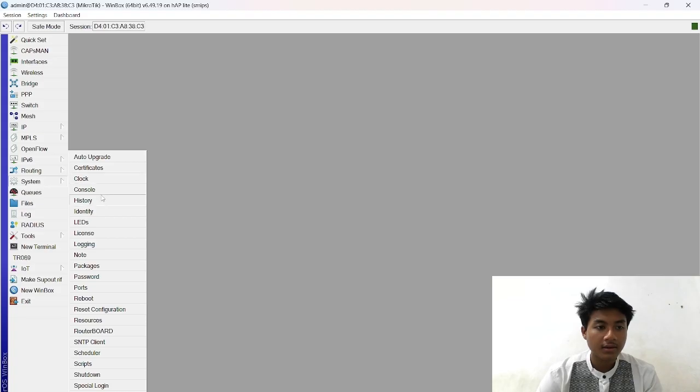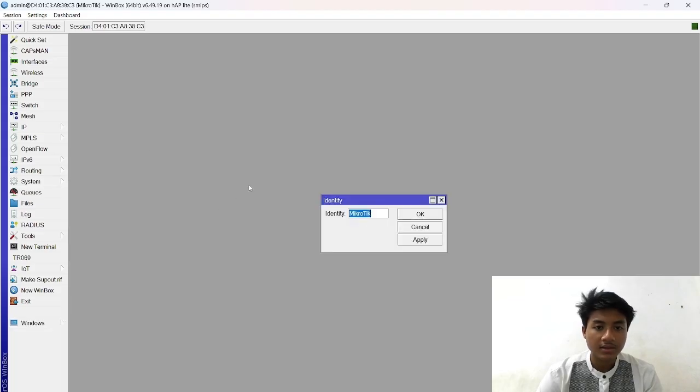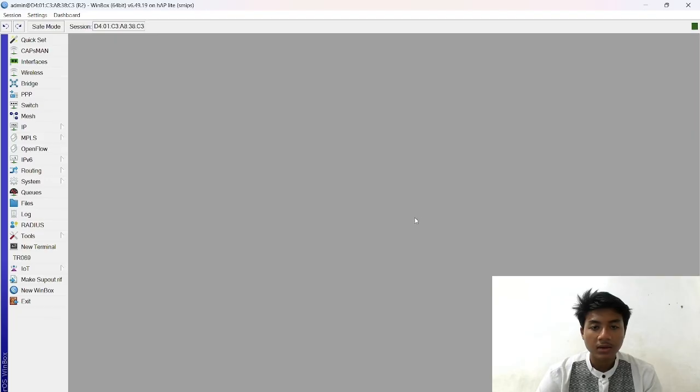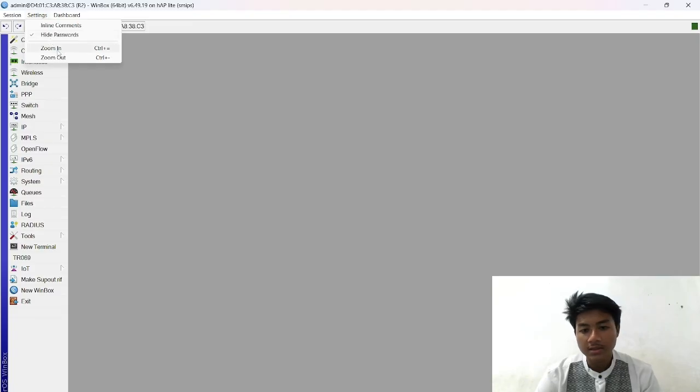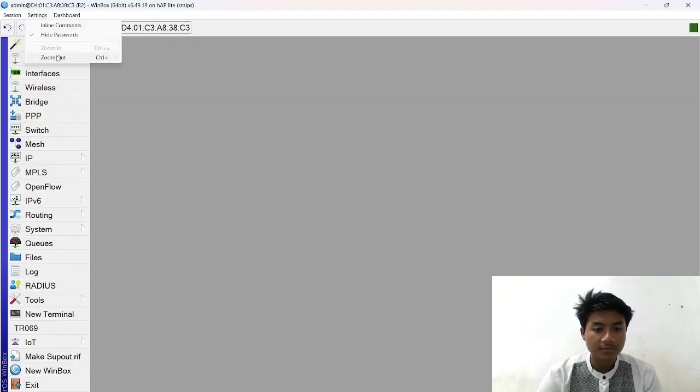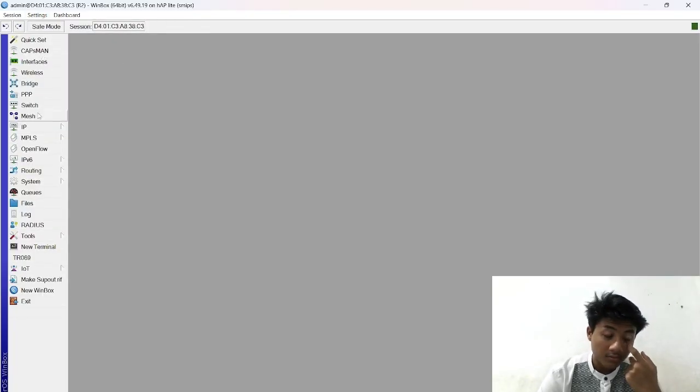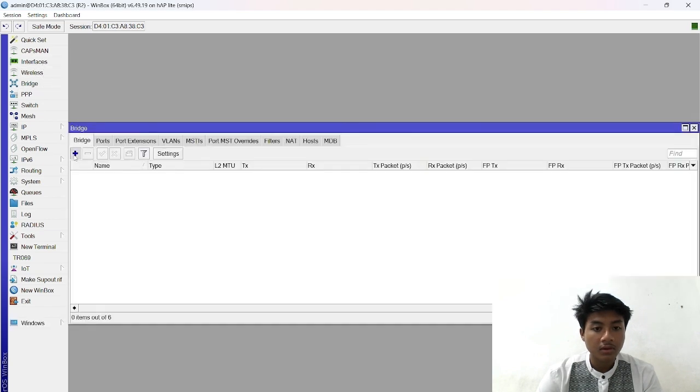And next, I set the router identity name to R2, so it is easy to recognize. After that, I want to create a bridge.